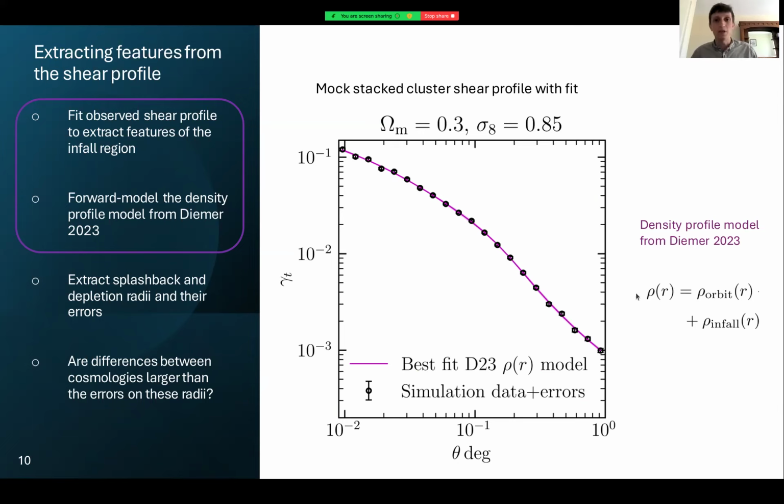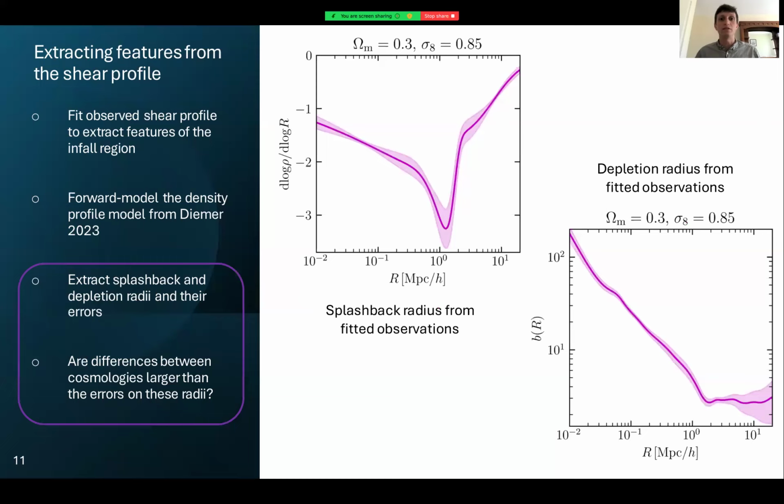So we perform this fit, and then once we have our fitted density profile, we can use that, well, with some error bars. They're actually maybe too small to see, but there are some shaded bands around this best fit. Once we have our fit and errors, then we can use this to find splashback radii and depletion radii. In the splashback radius case, we take the derivative. In the depletion radius case, there are some extra, more complicated steps to try and extract this bias profile with its uncertainties. And so the shaded bands here give 1 sigma errors, and we can see that the errors are small, but